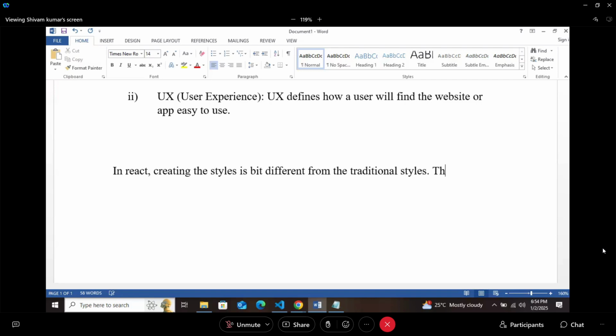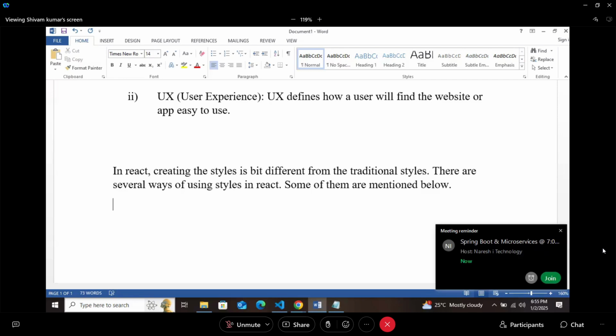There are several ways of using styles in React. Some of them are mentioned below. The ways are the same: inline, internal, external, CSS module and frameworks. But using them is different.